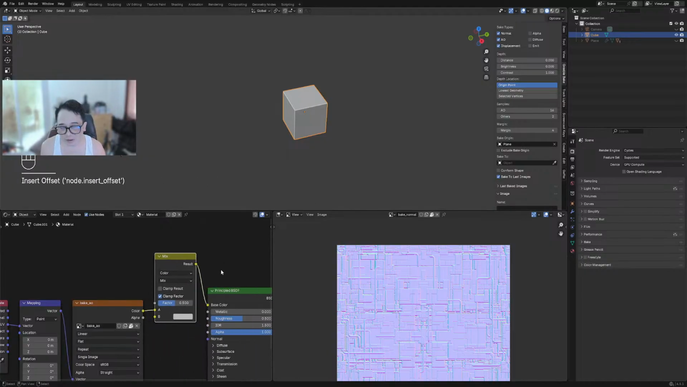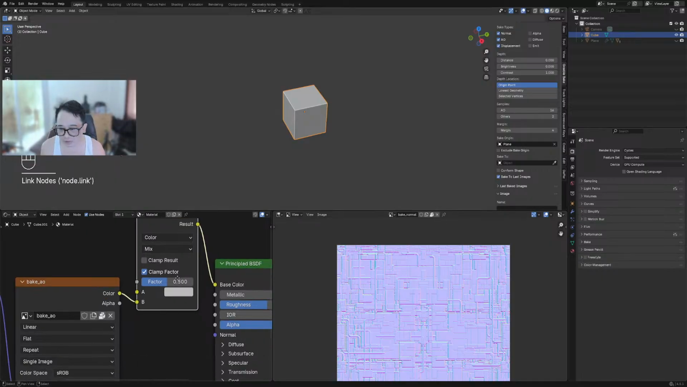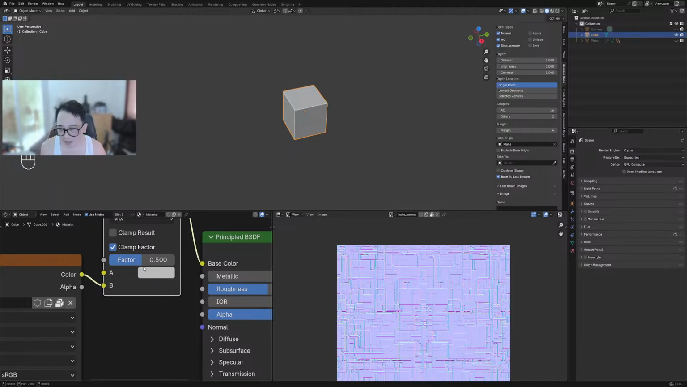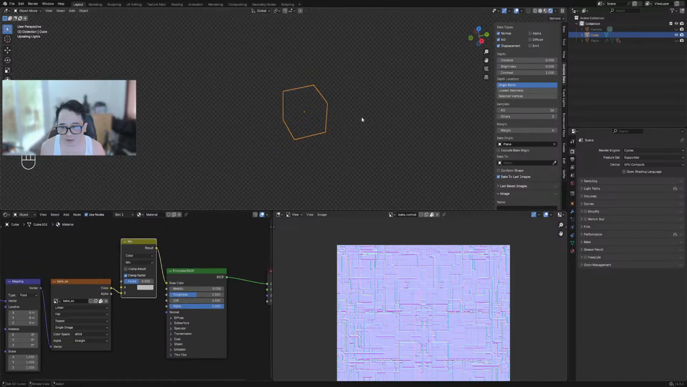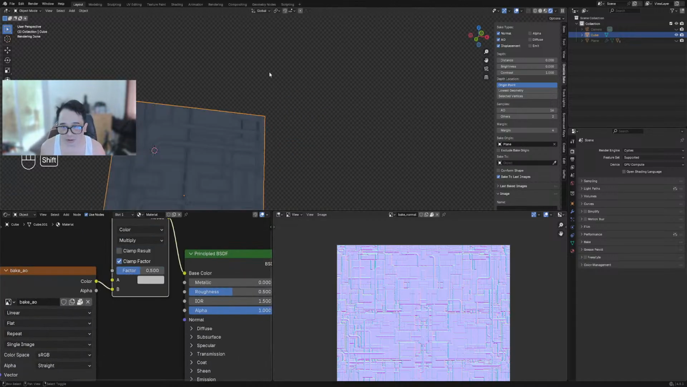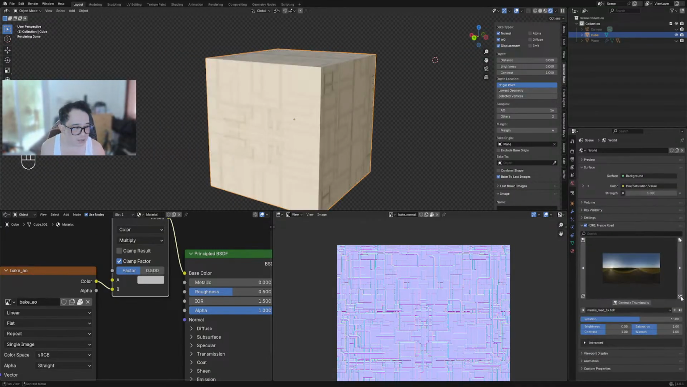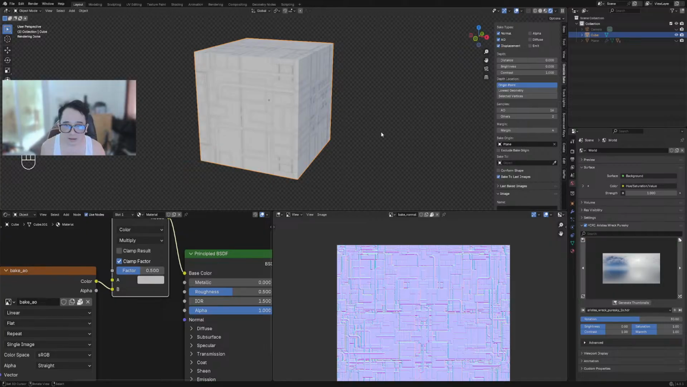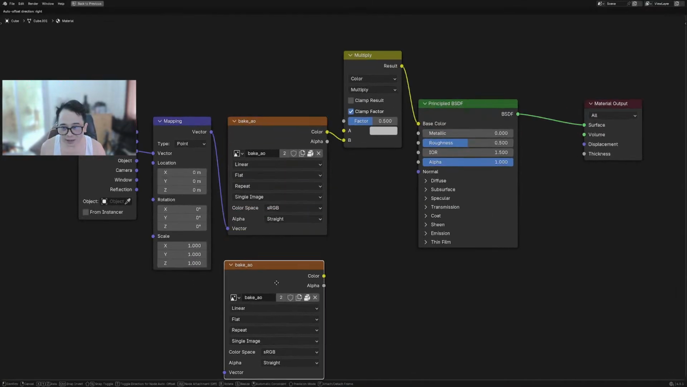Since we didn't bake any diffuse, we're just going to use this RGB input node as the base color. And we're going to multiply the AO. We're going to change the HDRI. Okay. And then next up is